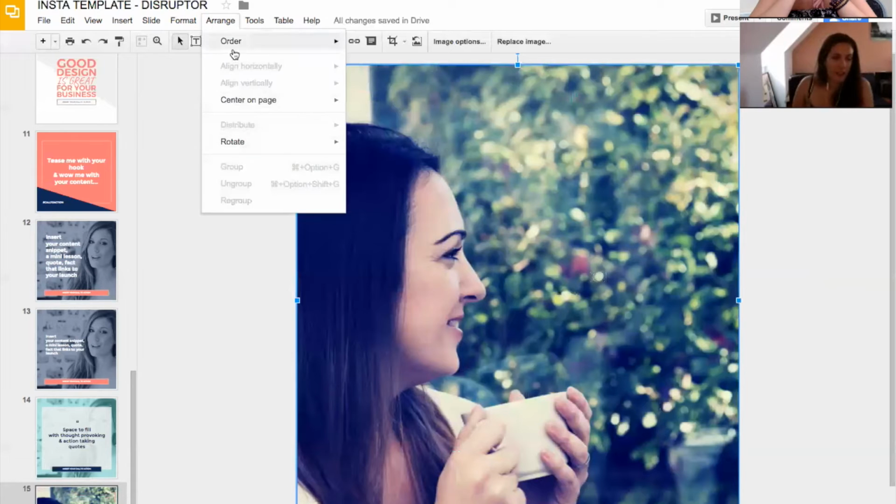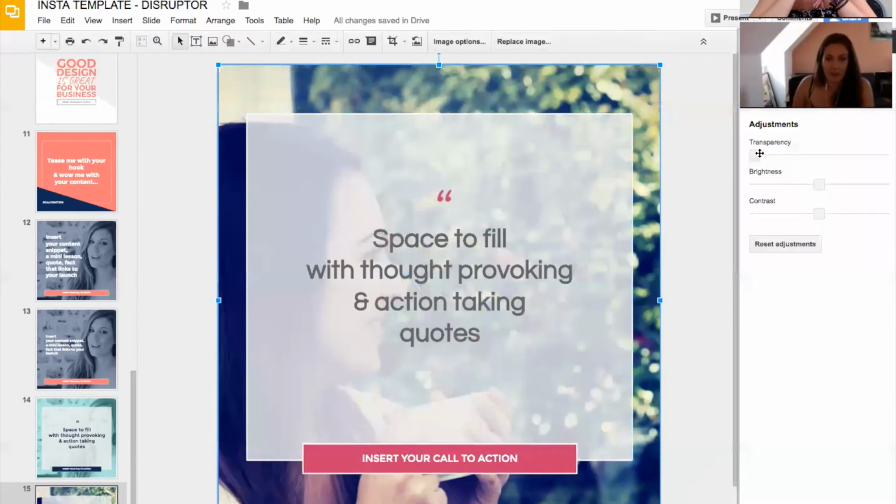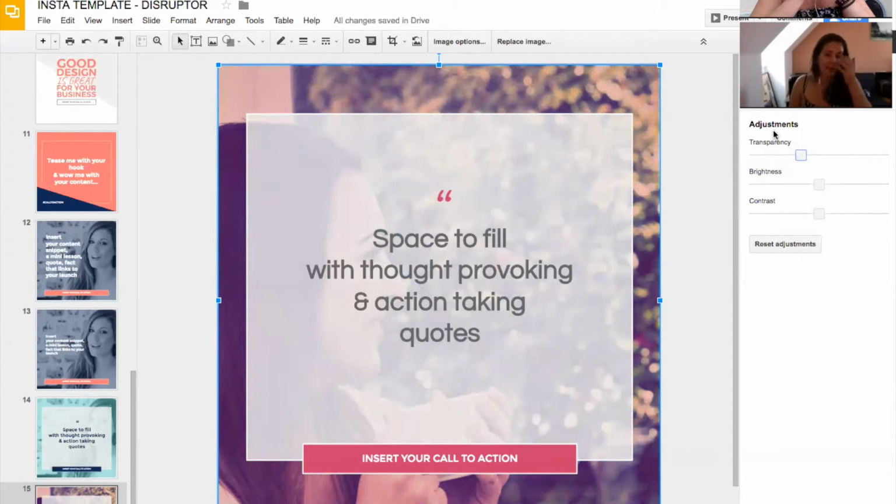Go arrange and send to back. And then image options, add a little bit of transparency, and then that allows that pink color from the background to come through. Now, one thing I do like about Google Slides, actually, from a design perspective, there's quite